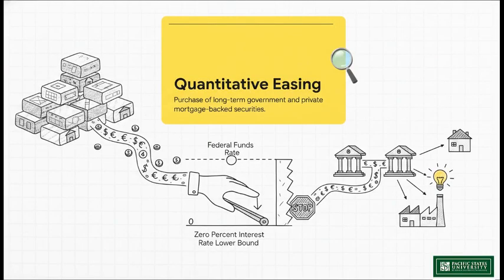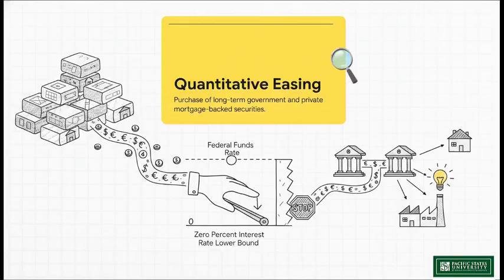But we have to ask, what happens during a really severe economic downturn? Imagine the economy is in a free fall, and the central bank reacts by aggressively pushing the federal funds rate down to stimulate growth. Eventually, they hit a floor. Once they drop that overnight rate to essentially 0%, they can't realistically go any lower. You can't really have negative interest rates where the bank pays you to borrow money, right? At the zero lower bound, traditional monetary policy is effectively maxed out. They are out of standard ammunition.